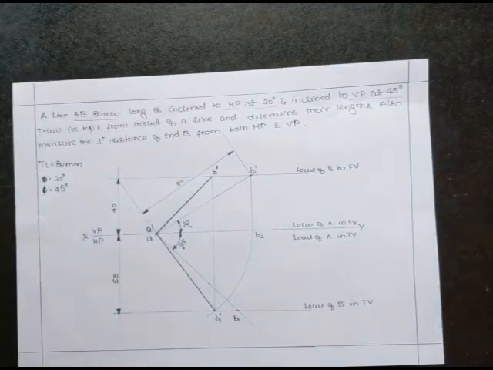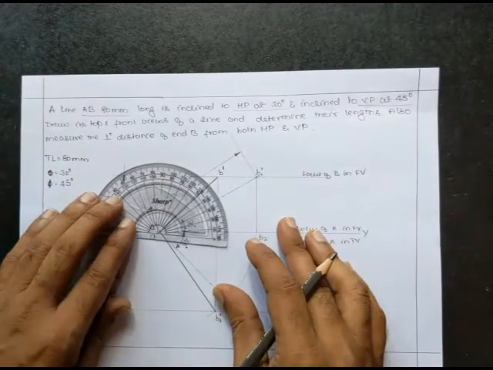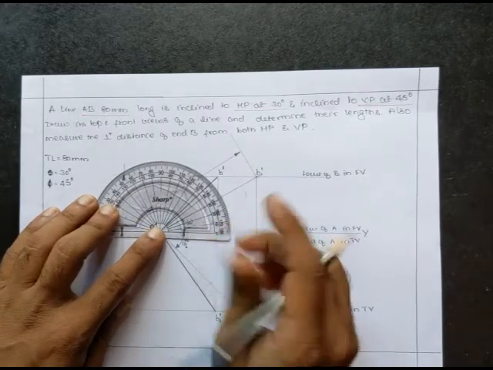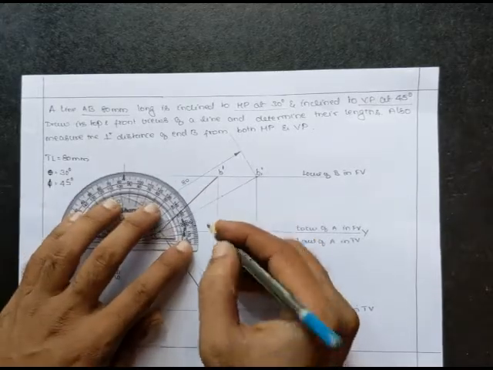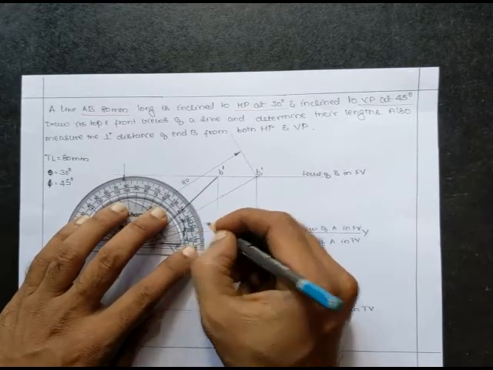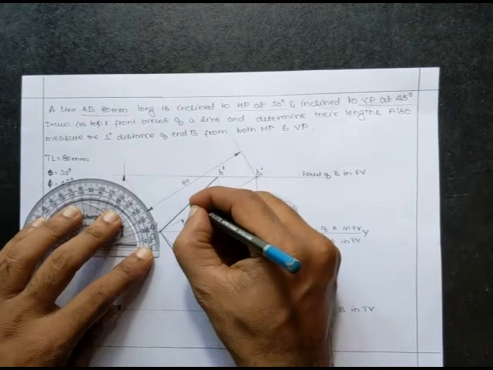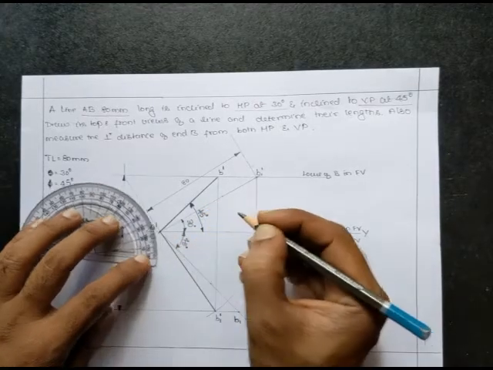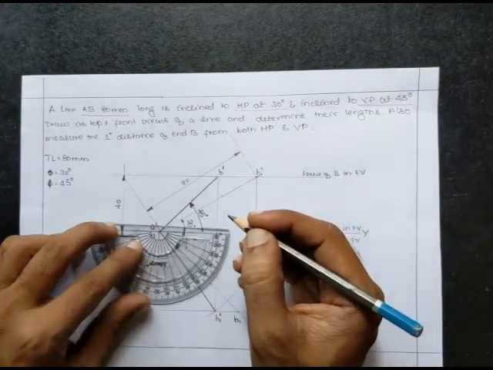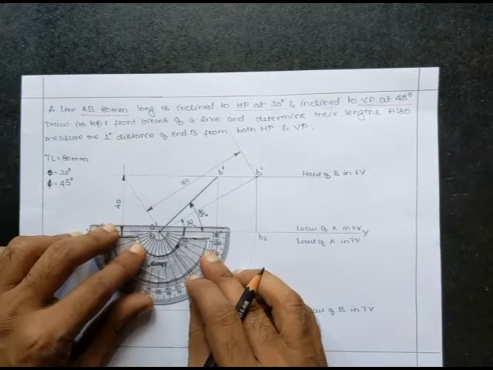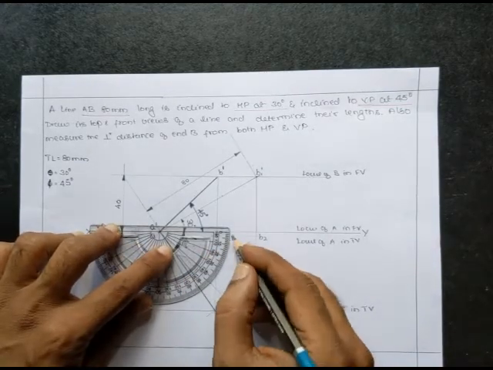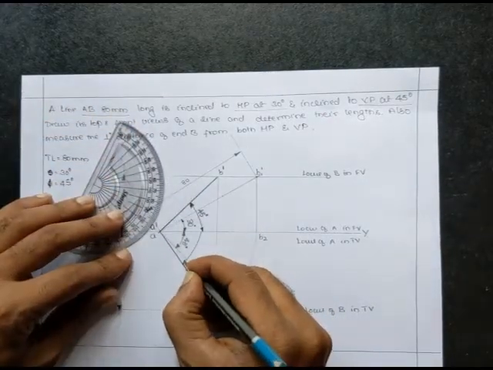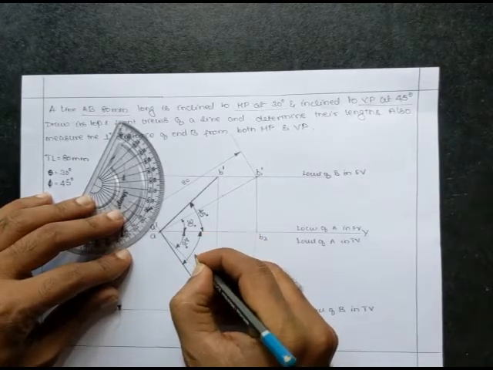And also find the apparent inclinations. Since the data is given almost the same as the previous problem, it will remain the same, say 45 degree is exactly 45 degree, it's showing. So let me draw that. This one has 45 degree and here must be around 55 degree. Let us hope that is the same. Yes, it is coming around 54 degrees. Let us not worry about it. It is 55